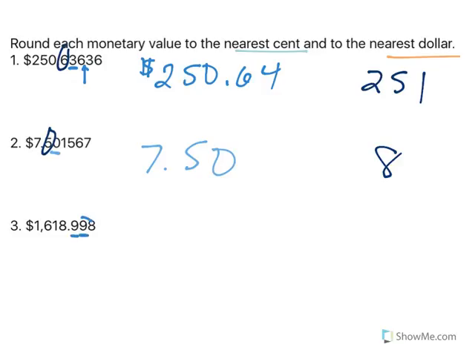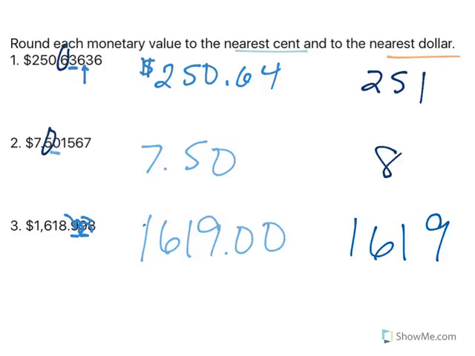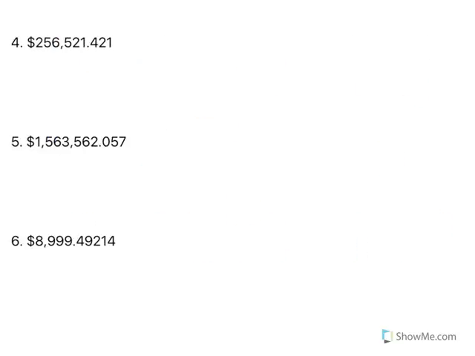Nearest penny, 8 rounds up. If I round up, that 9 becomes 10, 9, I'm going to end up with 1619.00, which also becomes 1619 when I do to the nearest dollar. Nearest cent, 1 rounds down, so 256,521.42. And nearest dollar, 4 rounds down, so just